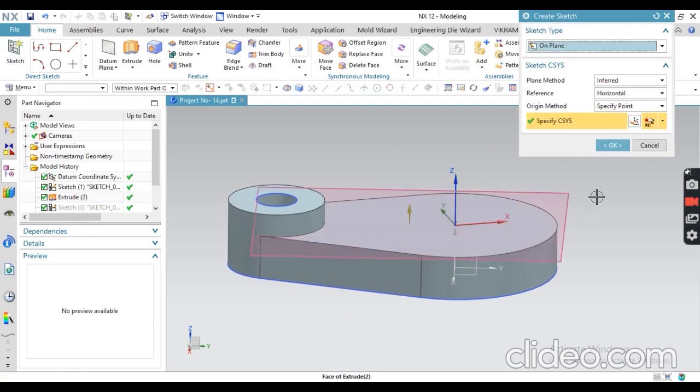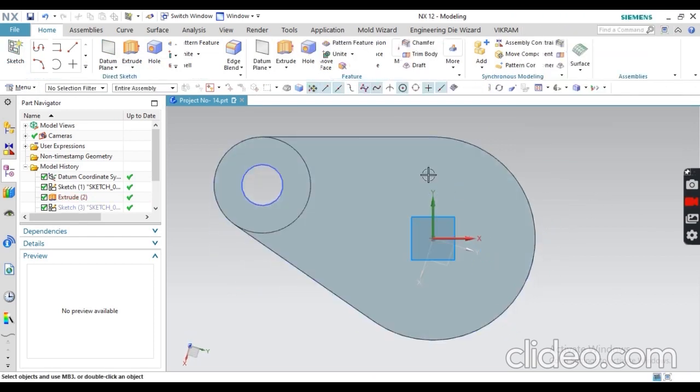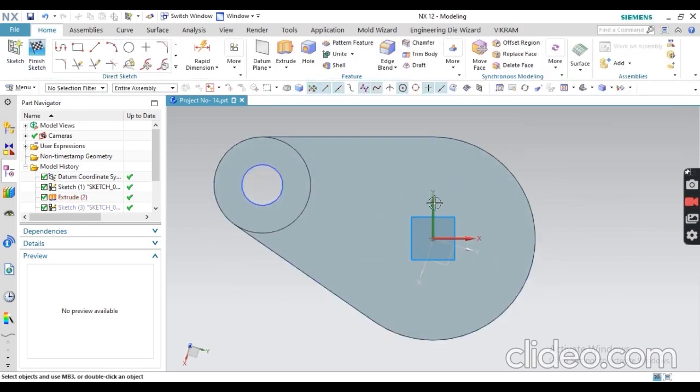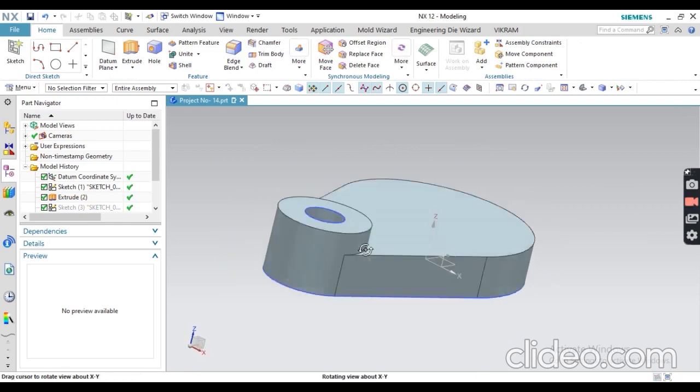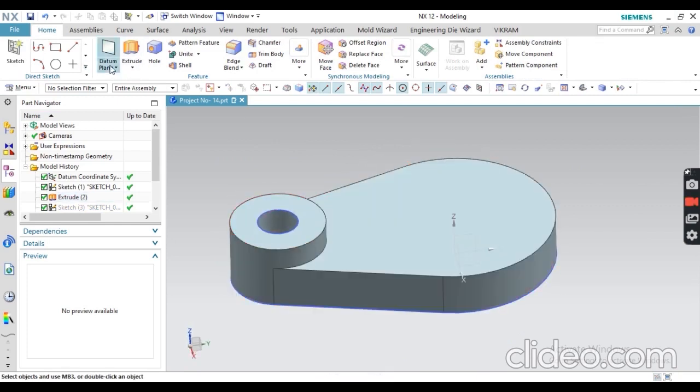So according to your correct orientation you have to get, no issue. So now you can be confused, you have to define this sketch orientation view. So just a second,